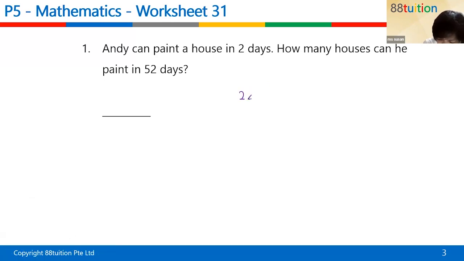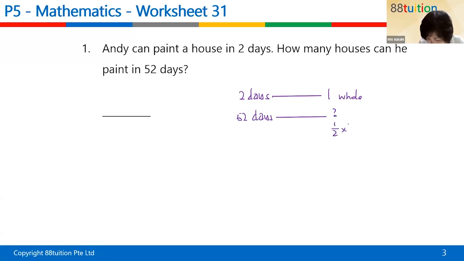Let's say you're talking about 2 days and you paint one whole of the house, right? So in 52 days, you must have painted a lot of houses, right? So what is that called? It's 1/2 times 52 equals to 26. That is called the rate. Based on the rate, calculate